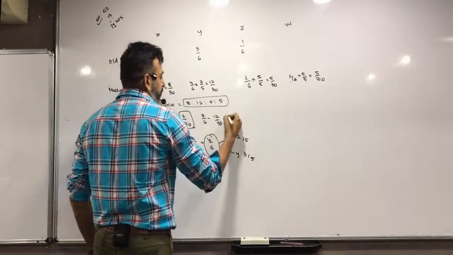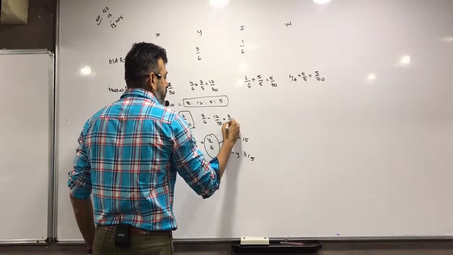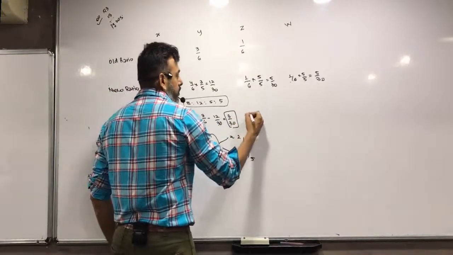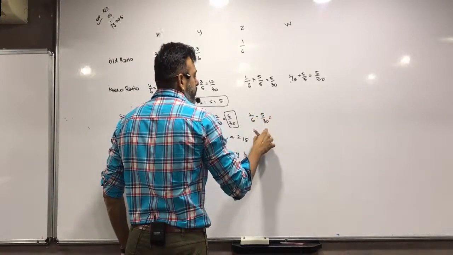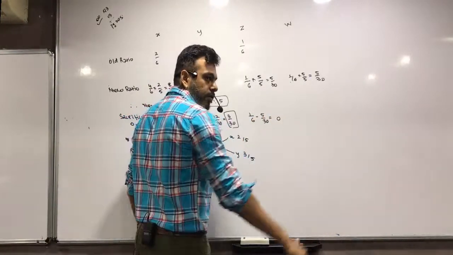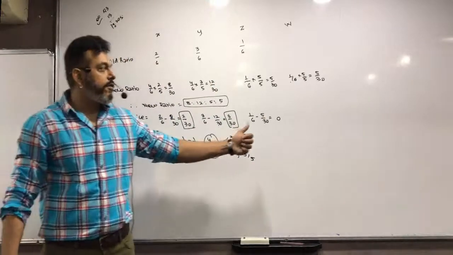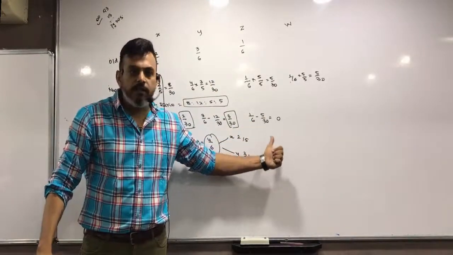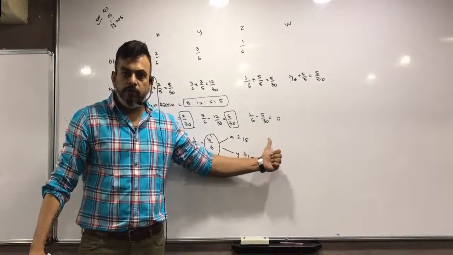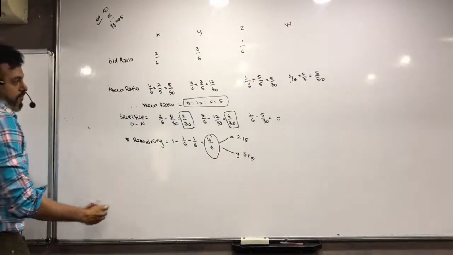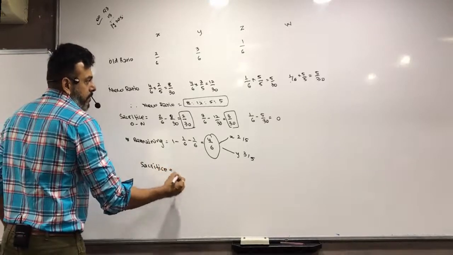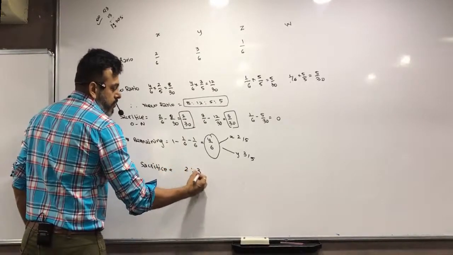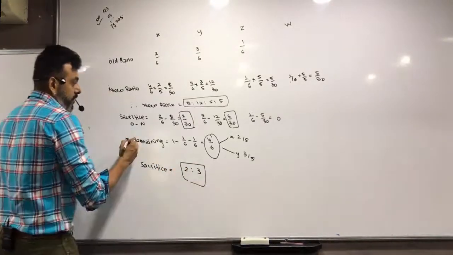LCM is 30, so 3/30. And over here, 1/6 minus 5/30 is 0, because Z retains the original share. Understood this? So sacrifice ratio will be 2:3. Now this remaining